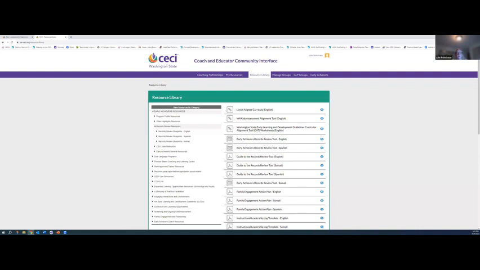There is a report that they will receive that tells them which standards they opted into, that they met the criteria, and which ones they did not meet the criteria, and we'll give them a reason why they did not meet the criteria. So they will receive a report just like they do for program profile and video highlights.